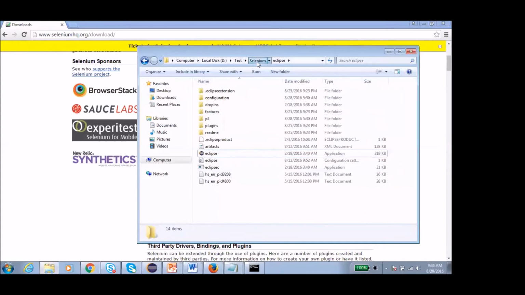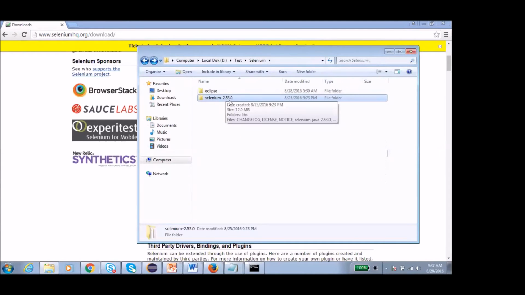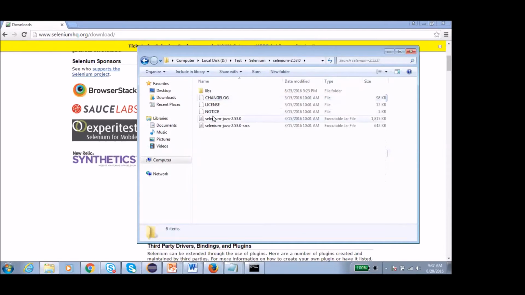It's already installed in my machine, so it will show something like this. This is the version of Selenium WebDriver 2.53, which is installed in the machine. The latest Selenium WebDriver version is 3.0. So we can open this folder and see these two Selenium jar files. The type of the file is executable jar file.